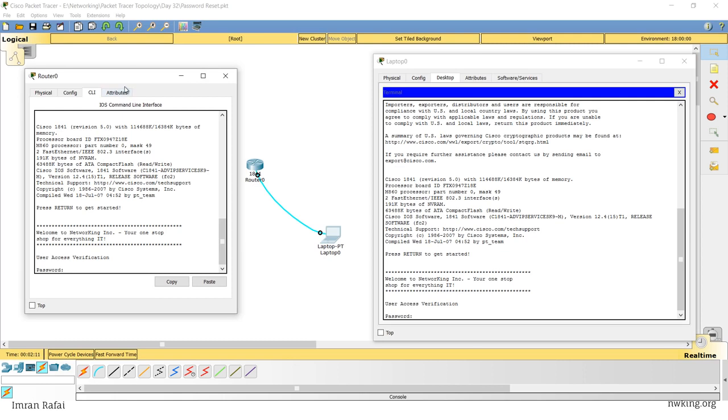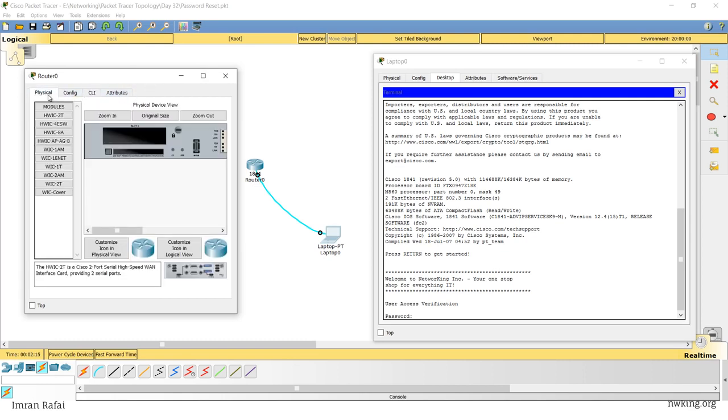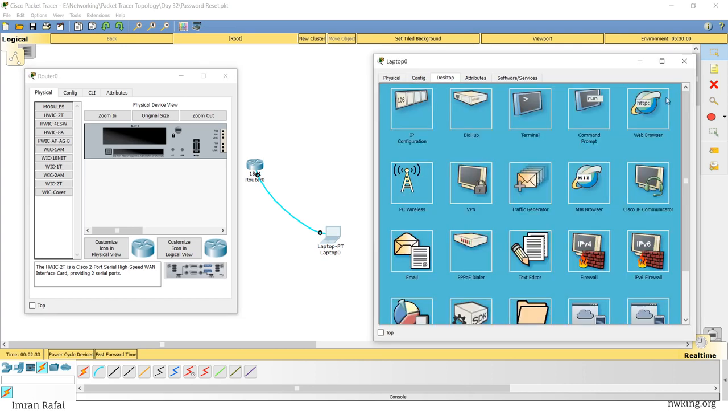But this is because it's Packet Tracer, it gives us access from here, but we will not be using this. We will always try using a device like this, a laptop, so it will simulate a real world environment. So now you have this device, a router, which needs a password reset. You have taken your laptop, gone there, connected a console cable, plugged into the console port, and you opened terminal software,